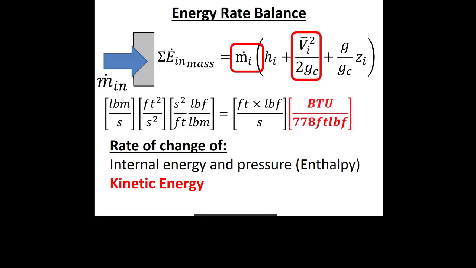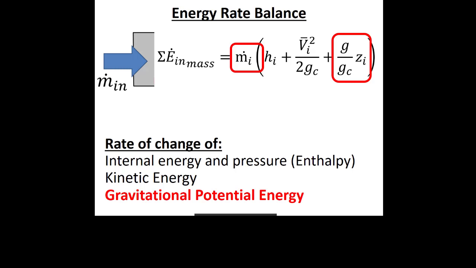Right, so I want to change those foot pounds into BTU if I'm adding this to an enthalpy value that I look up in the textbook. So I don't just have to remember to divide by GC in imperial units. I also have to look at my unit conversions. I'm probably going to have to divide by 778.